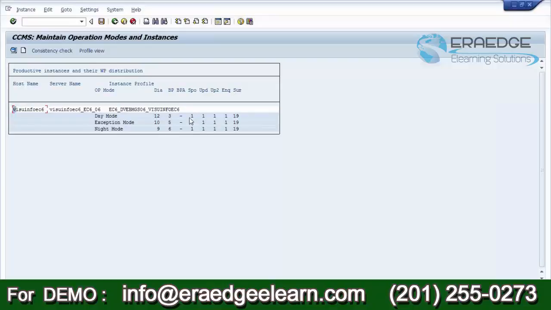We are not doing anything for the other work processes. It will remain the same. As I told you, operation modes are only between the dialog and background. So can I click on save now? So we did 2 tasks now. One is creating operation mode and then distributing the work processes for each operation mode. So for dialog and background we have to distribute. Okay,